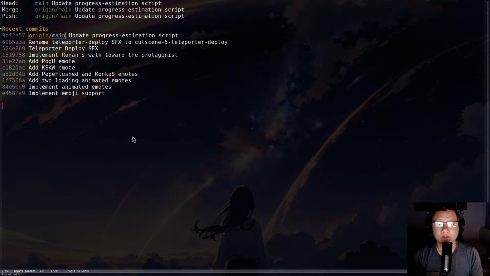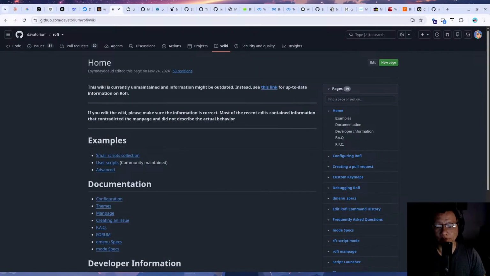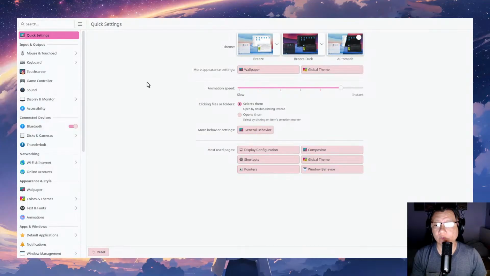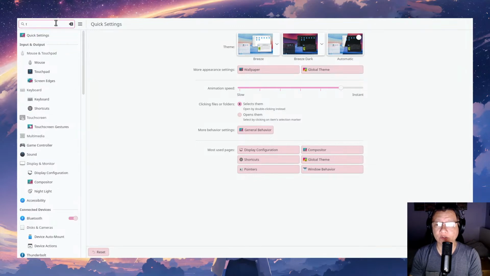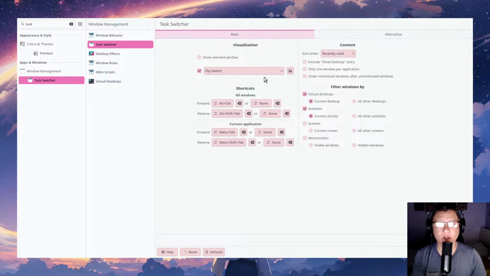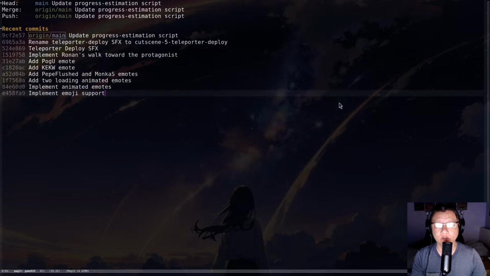I was tweaking the task switcher, and I'm not liking it. So flip the switch, compact. Let's go back to compact. I was using compact, but I wasn't happy with it, and I was thinking I should switch to something else, and I found another one, and I'm just not liking it. So compact I think is way better. You cannot see it because my capturing software does not capture it. Anyways,